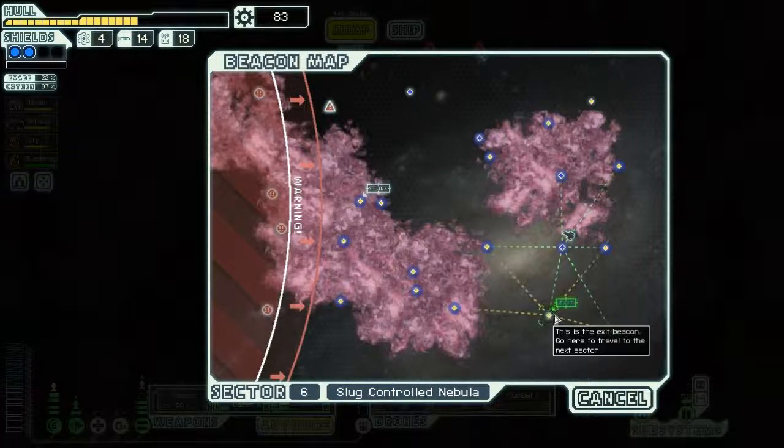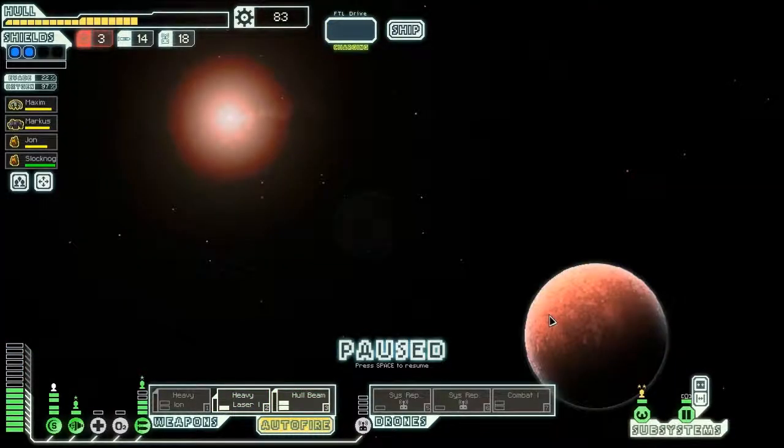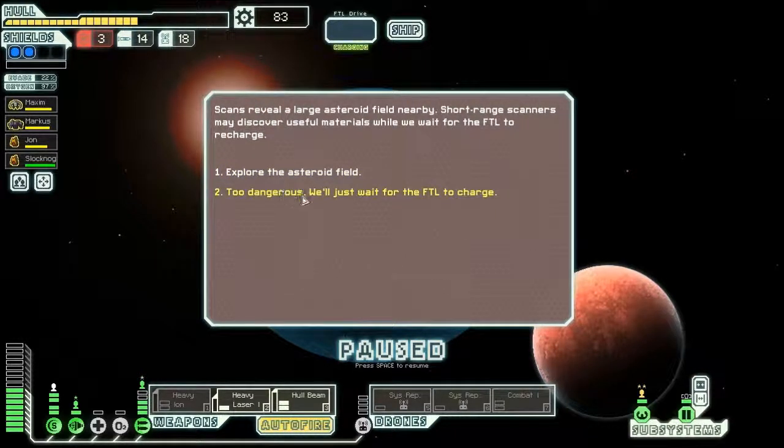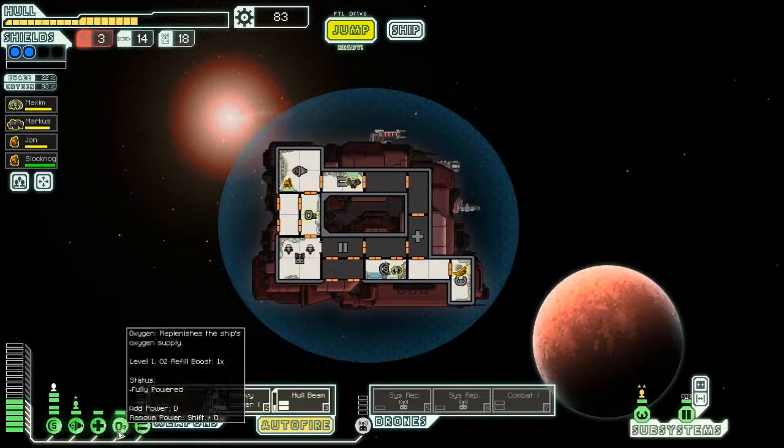We will go to the exit beacon first. Clear that out. If I'm in good shape after that, then I'll go here. You're right, a long-range beacon, but what's going to attack me? Nah, that's too dangerous. We know things go wrong when I...